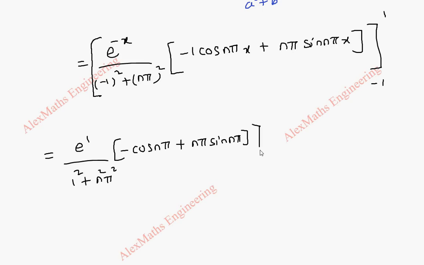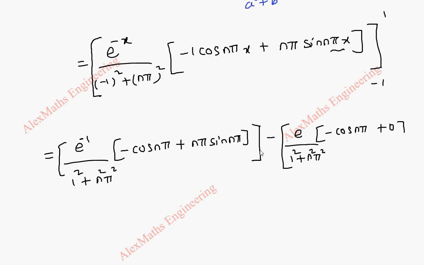So we apply the upper limit minus the lower limit. When I put the lower limit, e power x becomes e power minus of minus 1, which is e power plus 1, but for the upper limit 1 this is e power minus 1. So here it is e power 1 by 1 square plus n square pi square. When I put minus, it is still cos n pi only, because inside cos, the negative can be ignored. And for sine of n pi into minus 1, anyway it is 0. So I directly write 0 here. So finally